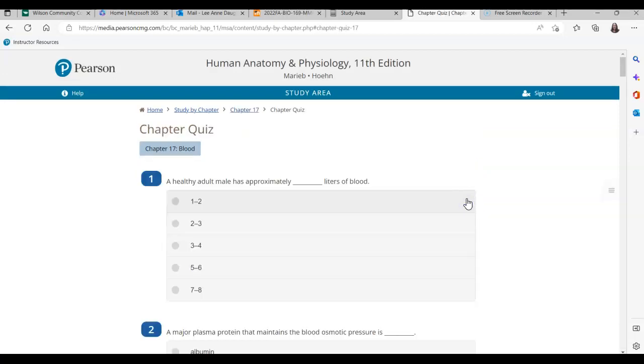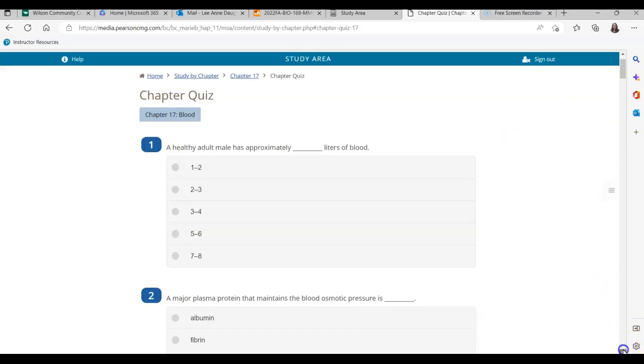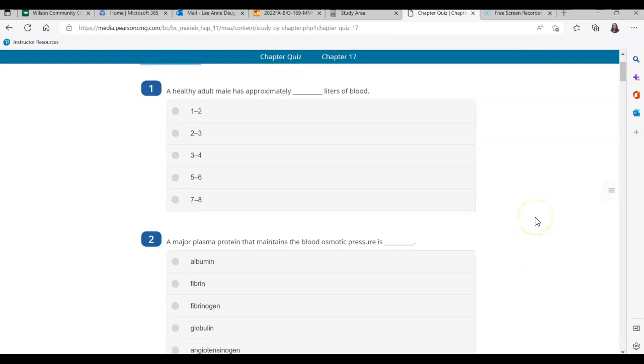I like the questions within the quizzes and the practice tests because they're mostly multiple choice, and that's what your exam questions are going to be. And I like the way they do this, they automatically tell you if they're correct or incorrect. And what I would recommend that you do,